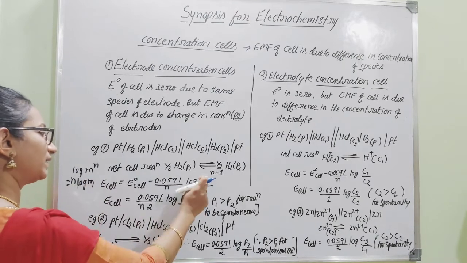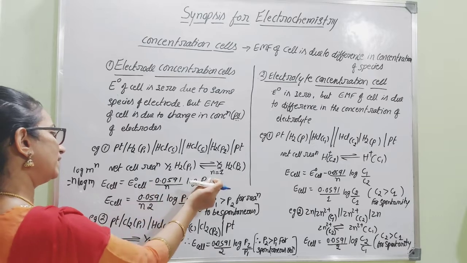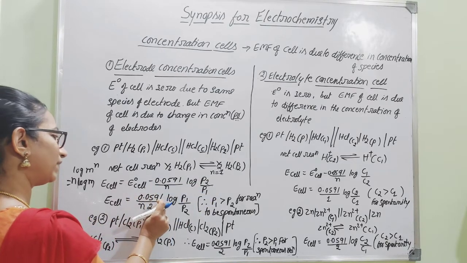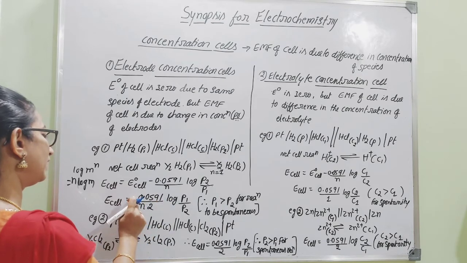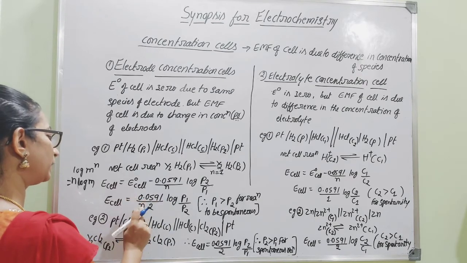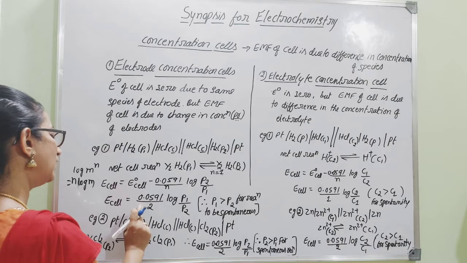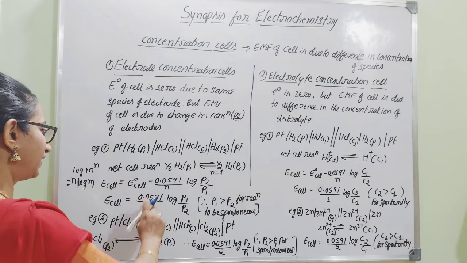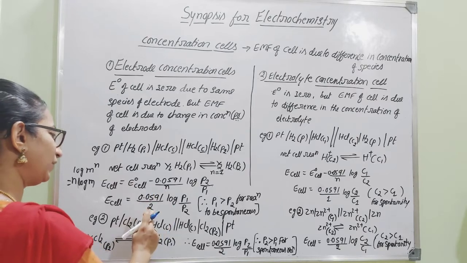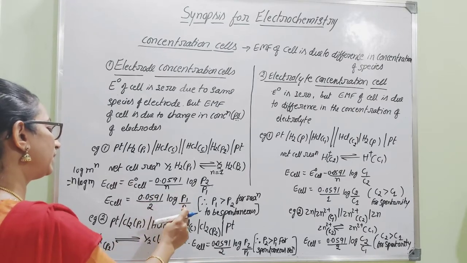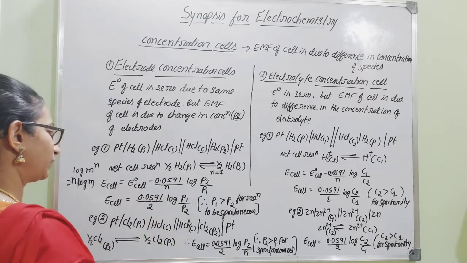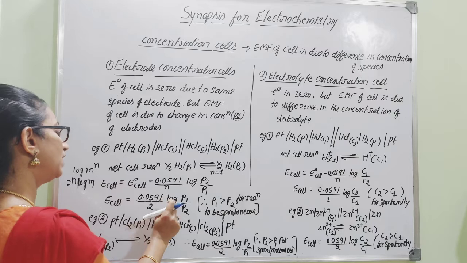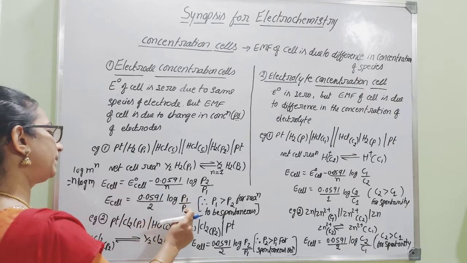Therefore, I can consider that half value is multiplied beside the 0.0591. So that half will be written in terms of 1 by 2. Hence, you are going to get 2 value, and of course, n value here will be equal to 1. Got it? You don't get confused, it is not n value, but it is the power of that P1 by P2, that is 1 by 2. Got it? So 1 by 2, here I have written, that is 0.0591 log of P1 by P2.